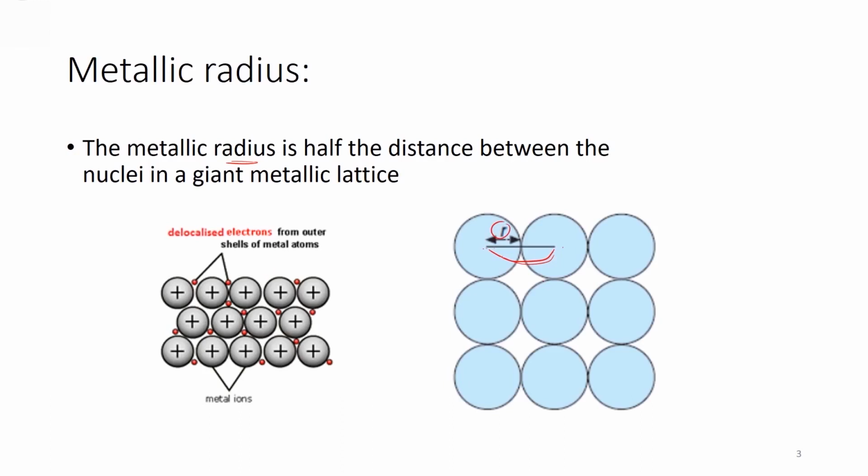Now, usually in the metallic lattice, you have the metal ions surrounded by the valence electrons. You could see that the metal ions are swimming in a sea of delocalized electrons. This will give a high electric conductivity for group 2 elements. Also, they will have a high thermal conductivity as well.